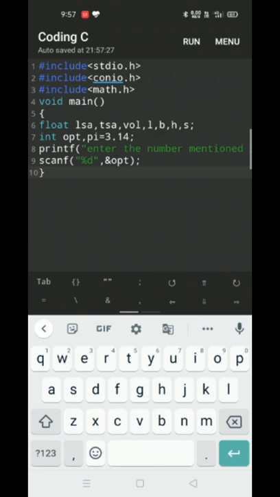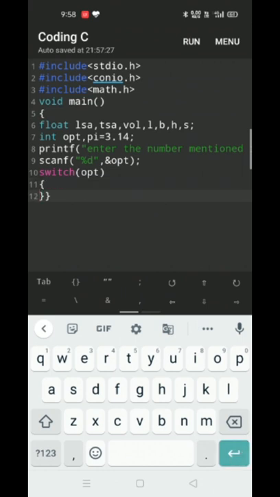And now we need to write the switch case, followed by opt, which decides the case.